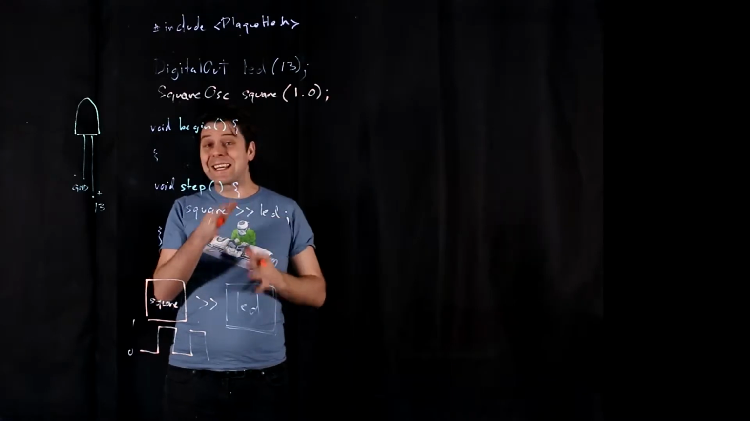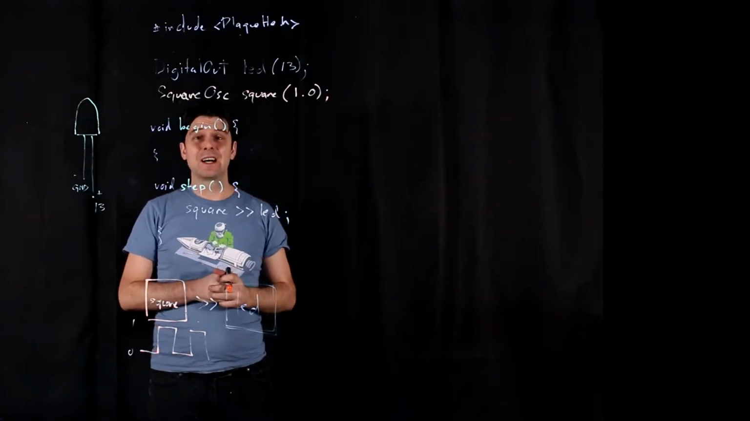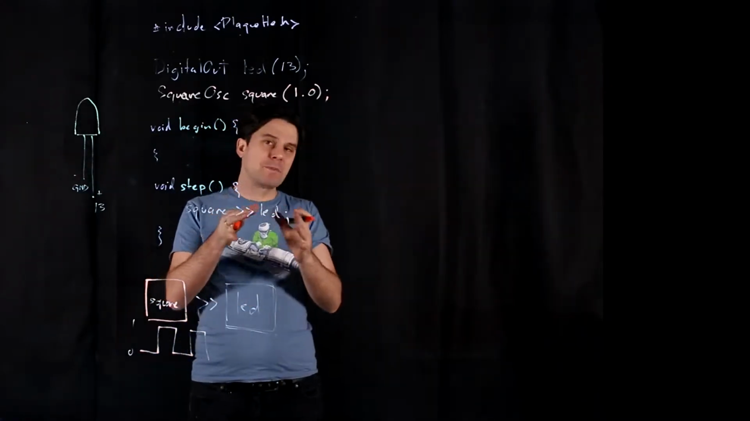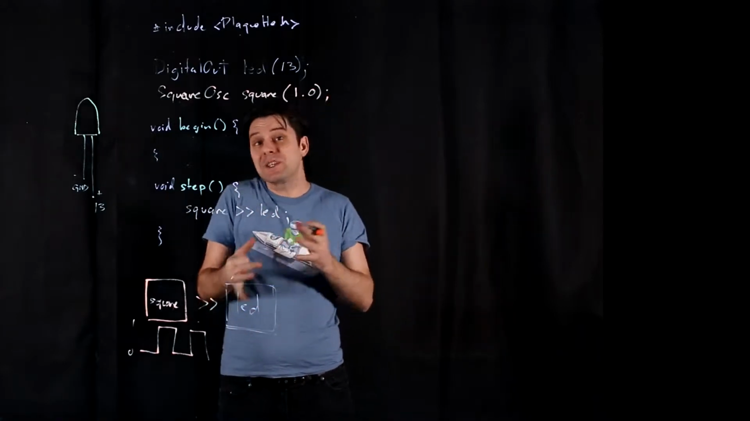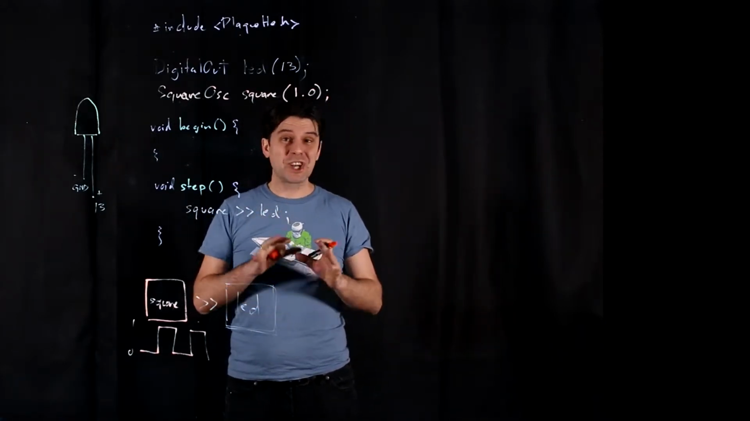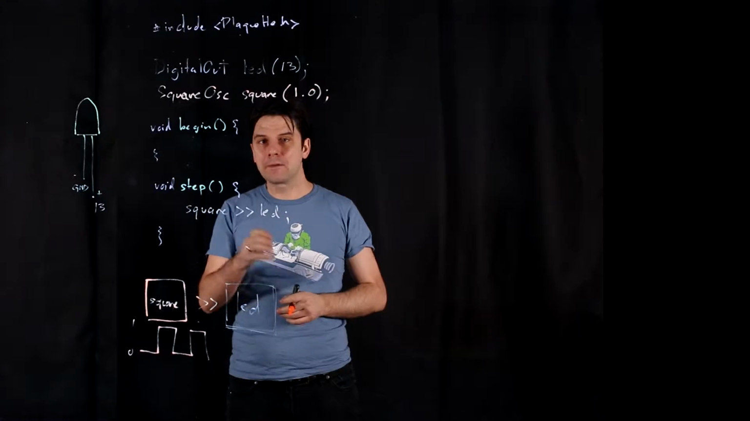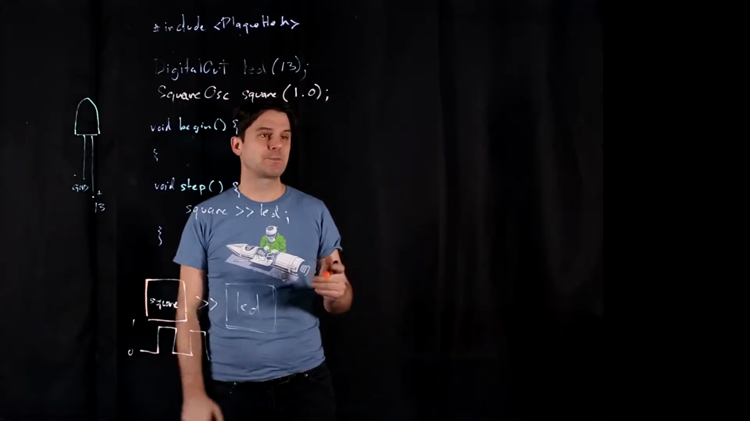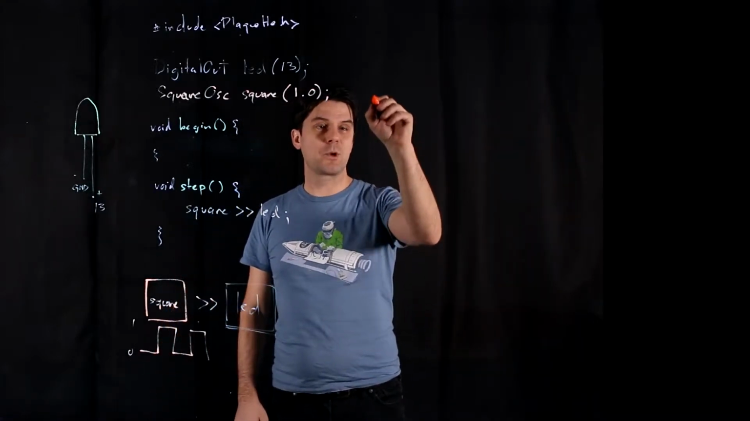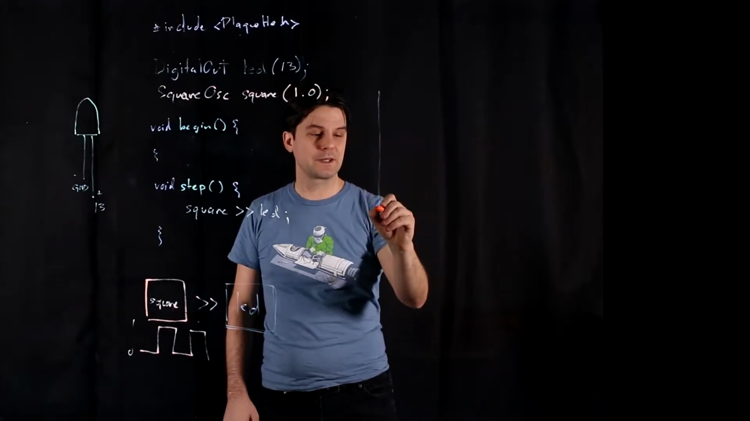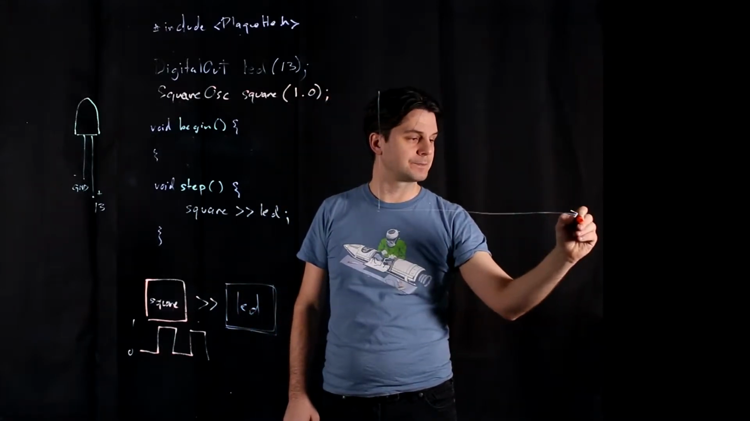Now we're going to play a little bit with some parameters of the square oscillator to see what we can do to change a little bit the behavior of the blinking of the LED. So if we look at a square oscillator and the value it takes in time,